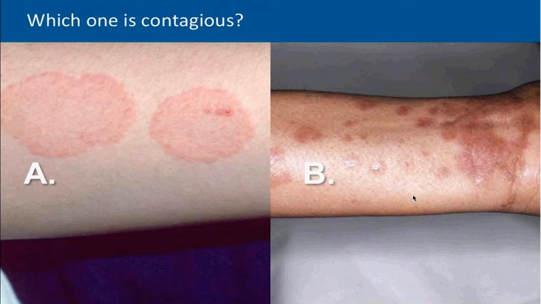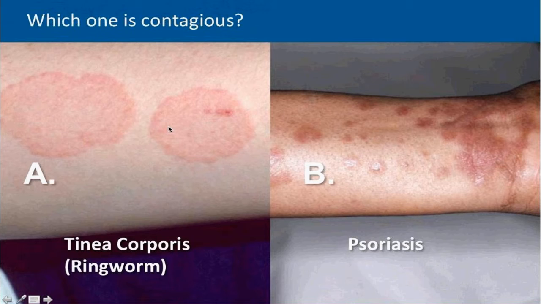So here's another quiz, an A-B quiz. Which of these two diseases is contagious? So this is a tough one. So you have circular or annular scaling plaques, and then here you have round erythematous plaques with very little scale. And the answer to this one is again on the left. So this is tinea corporis, kind of a variant presentation with very little scale, and again this is psoriasis on the right.